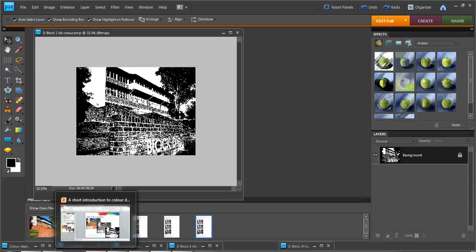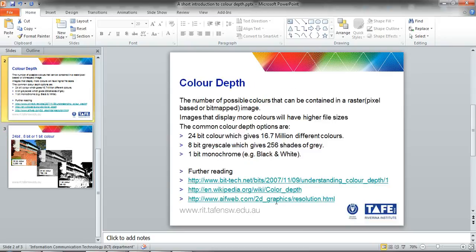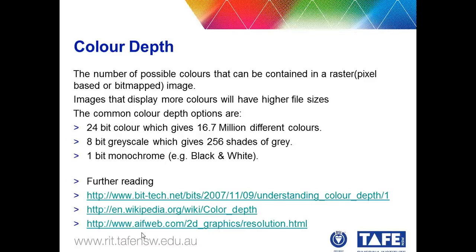Let's just quickly jump back into our PowerPoint here and see where you can go for some further reading. Down the bottom of this, and I'll make this available for you through Moodle, you can have a look at some of this further reading. Now this first one down here is an excellent article, very, very detailed, going into colour depth, probably far more detail than what is required for the unit we're currently studying, but interesting if you'd like to have a read to go into a bit more depth. And then I have a couple of other